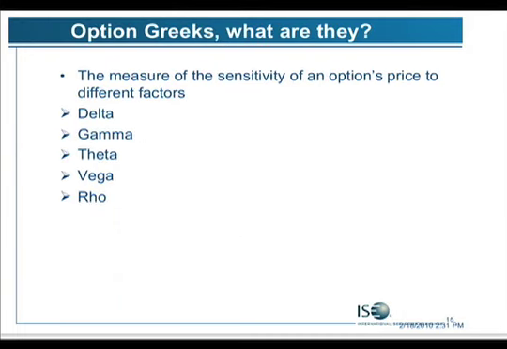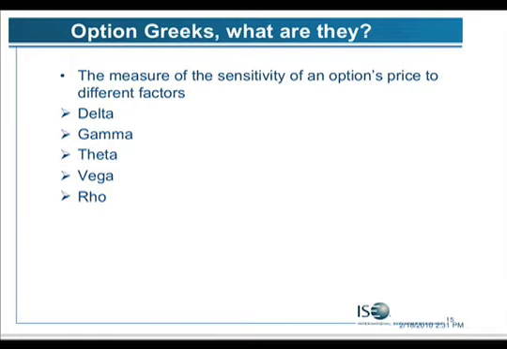Now let's get back to the option Greeks. There are actually 5 of them: delta, gamma, theta, vega, and rho. I have a question for everyone in the audience today. If you can only learn one Greek, which is the most important Greek to learn? And of course, you should learn all 5, but I'm just trying to